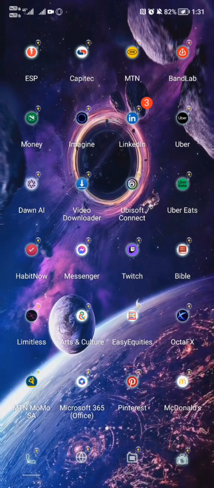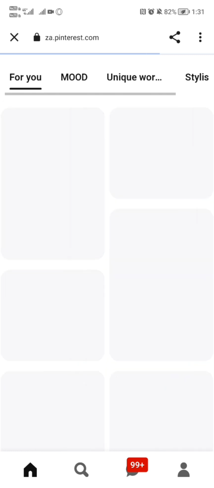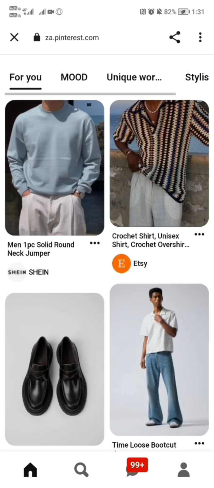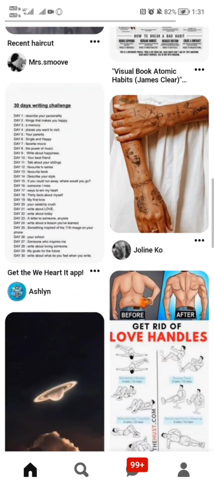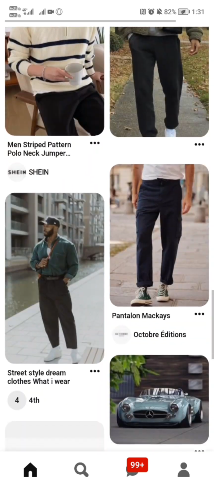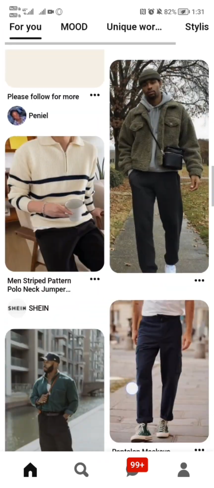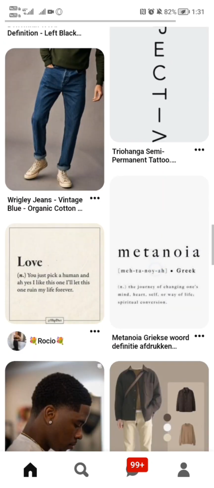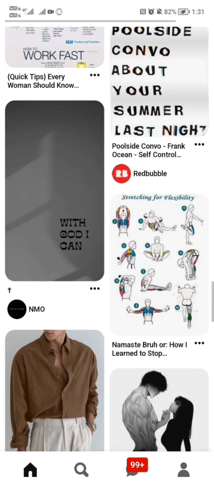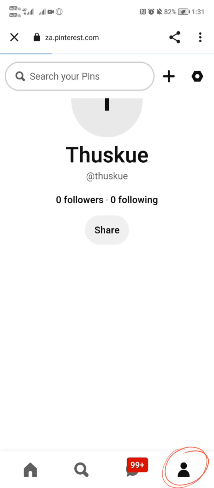So we're gonna go ahead and open up Pinterest. And now you've opened up Pinterest and your pictures aren't showing. So the first thing you'll do is just make sure that you have a stable internet connection because that could be the issue. And if your internet connection is stable and your pictures still aren't showing, you're gonna click on